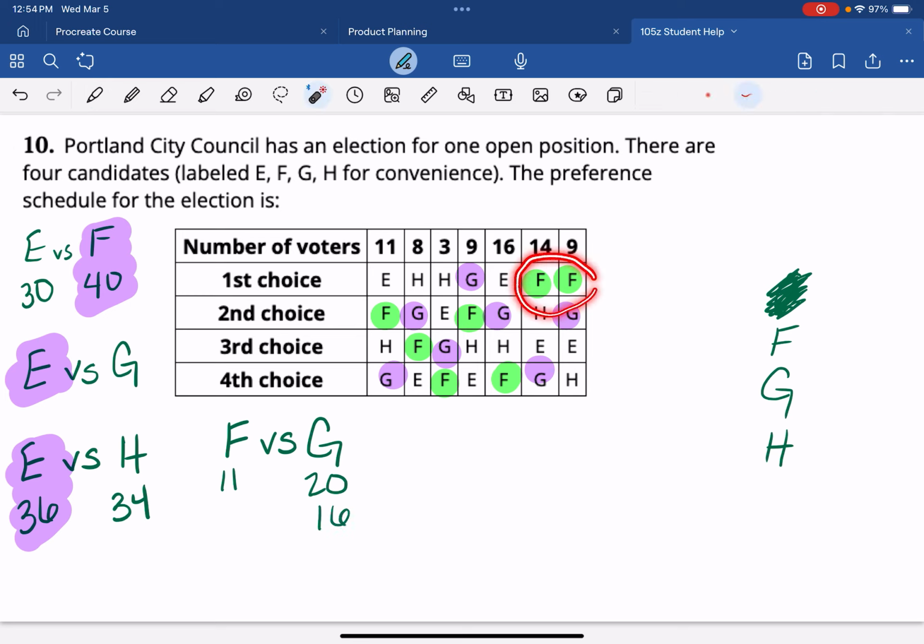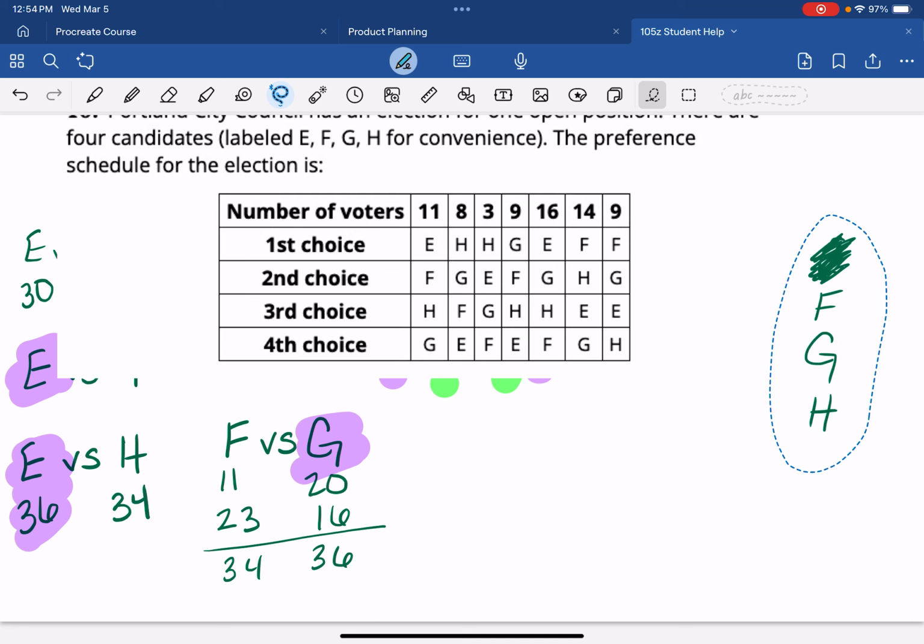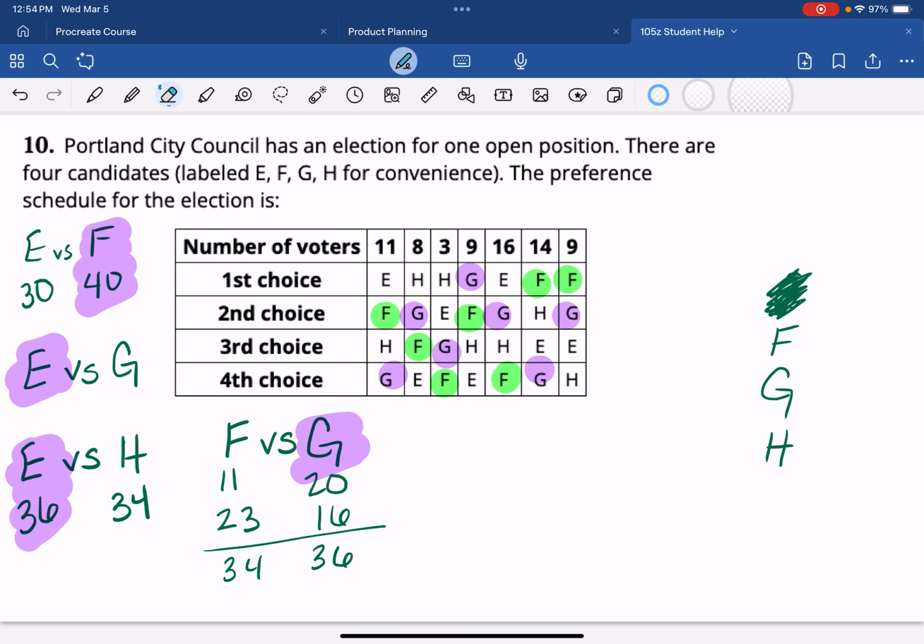And it looks like the last 2 columns prefer F. So F will get 23. And if I add those numbers up together, we can see that G is preferred over F. Oh, those are connected, so I can't move them. That's fine. Now I've already compared